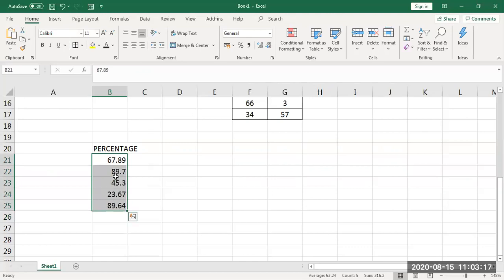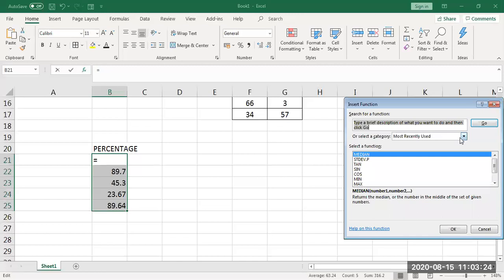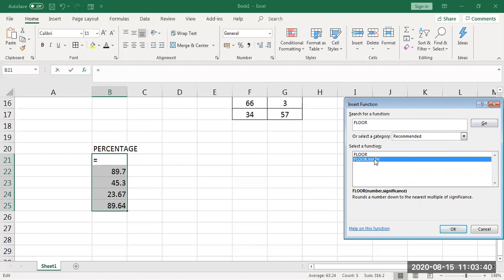In that case, you can select, go to More Functions. You have options called floor and ceiling. Floor, under the mathematical functions, is there.